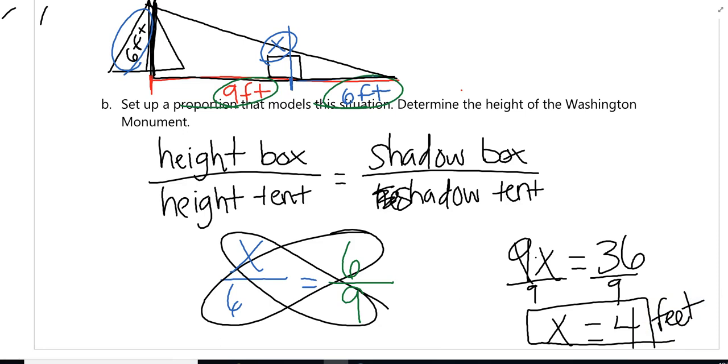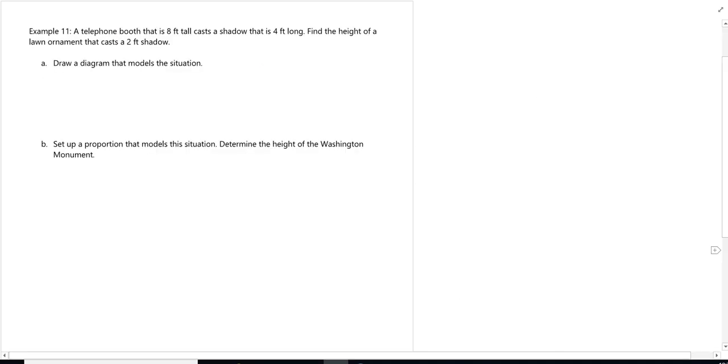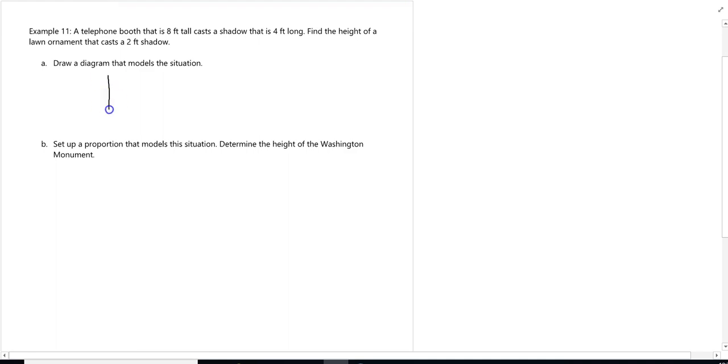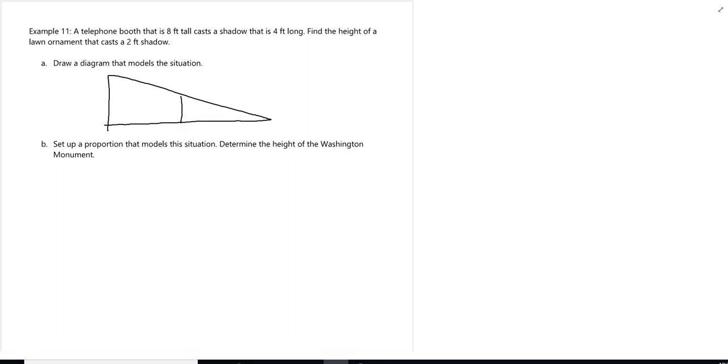All right, last example here. So the telephone booth is 8 feet tall, casts a shadow of 4 feet long. Find the height of a lawn ornament that casts a 2 feet shadow. So as you can see right now, we're going to have some triangle, right, with an object that's in the middle. So if we have a telephone booth, our telephone booth is 8 feet tall,